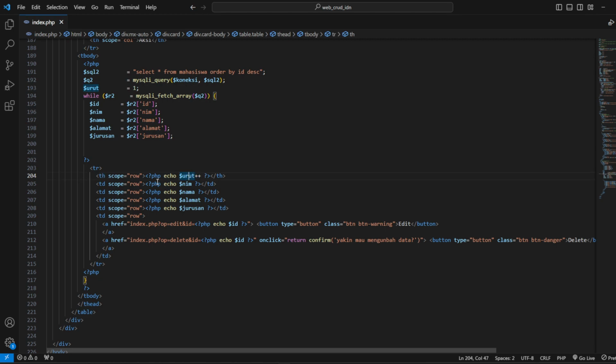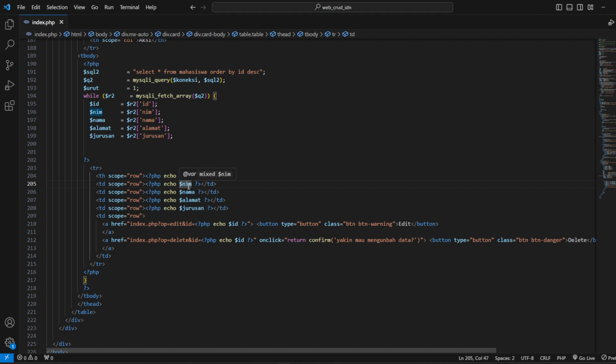So PHP will write the number of ID from 1 always up, 1 2 3 4 5 until many, like that. And the second is PHP echo name, PHP will write what is inside of name.